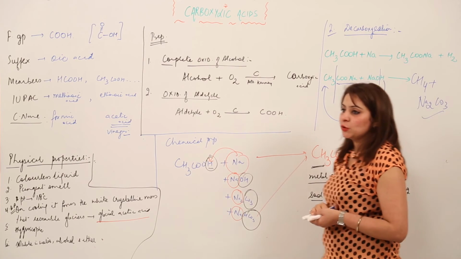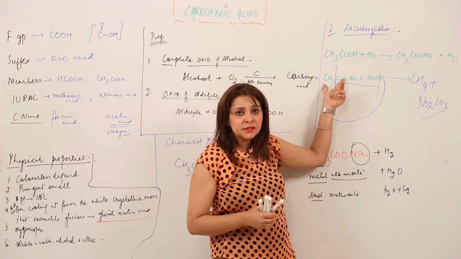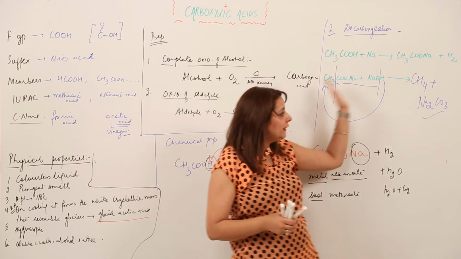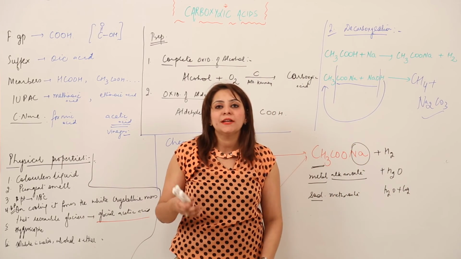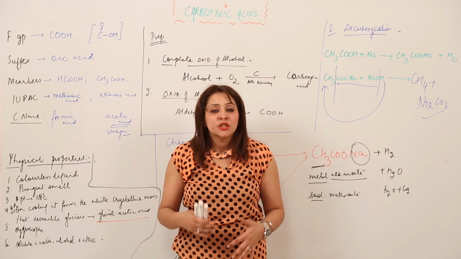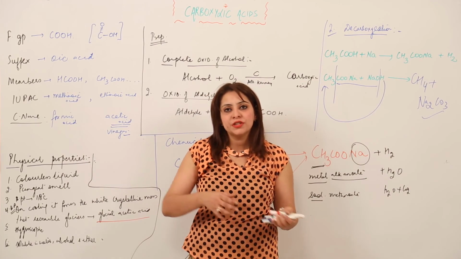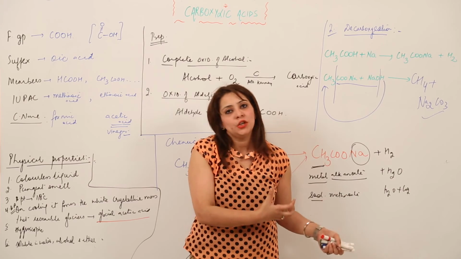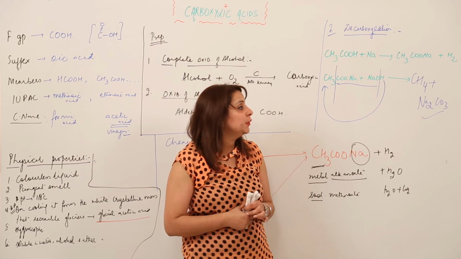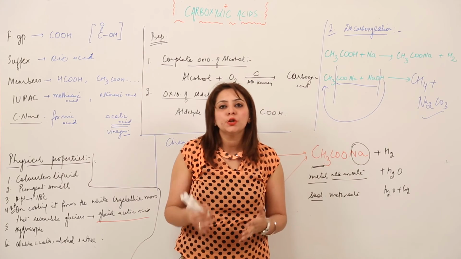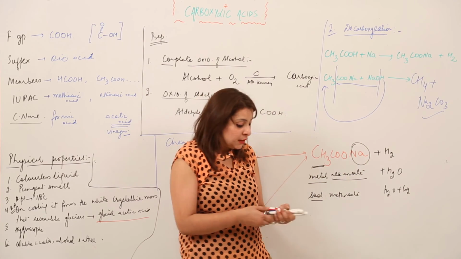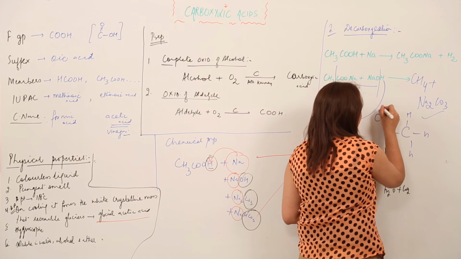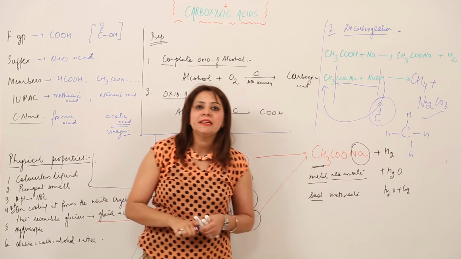Here we started with 2 carbon atoms, that means the reactant contained 2 carbon atoms, but on this side what product have we got? The product actually has 1 carbon atom less. So this is a reaction in which the word root differs, because 1 carbon atom becomes less on the product side. So it is actually a decarboxylation, because you do not see any carboxyl group present in it. You know that it is purely an alkane, that is CH4. No such group is found here. So this is decarboxylation.